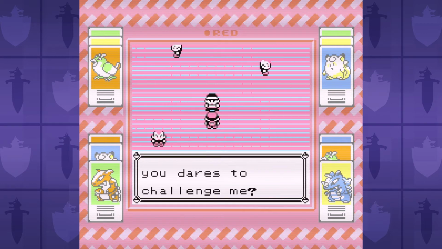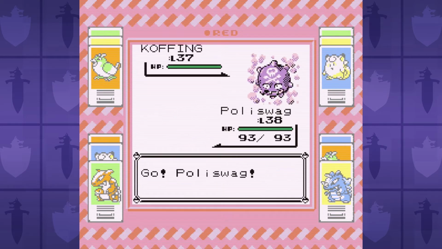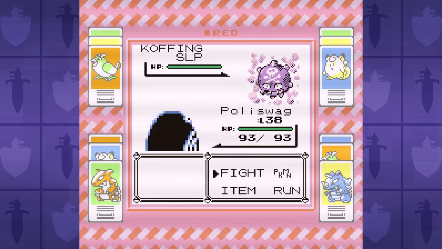After flying down Cycling Road, we take on Koga at the Fuchsia City Gym, and this one was actually incredibly easy. Theoretically, I should have first gone through the Safari Zone to upgrade Bubble Beam to Surf, which would have turned a lot of these 2-hit KOs into 1-hit KOs, but the fact that I didn't just goes to show